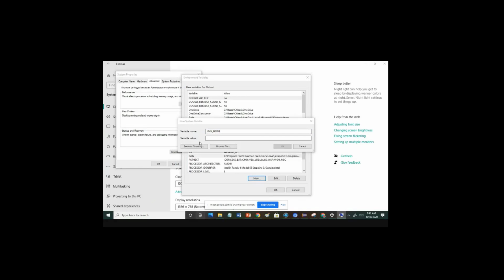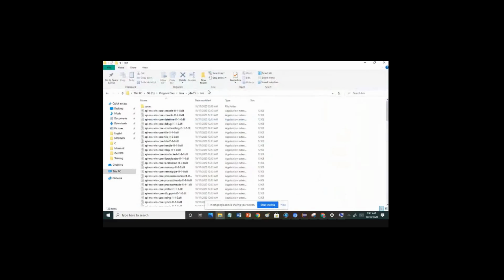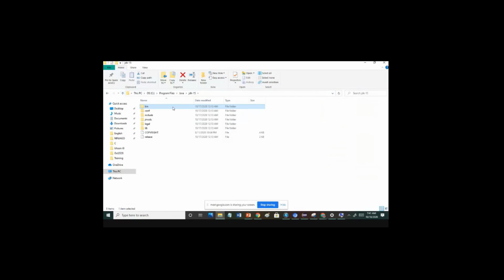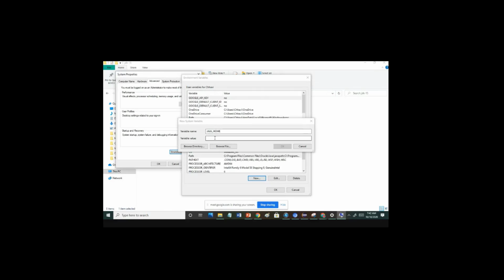Then you go to the bin folder again and just go back so that you don't have the bin folder. You don't need the bin folder in the Java environment variable. You just have to copy till the JDK 15 folder, and paste it here.